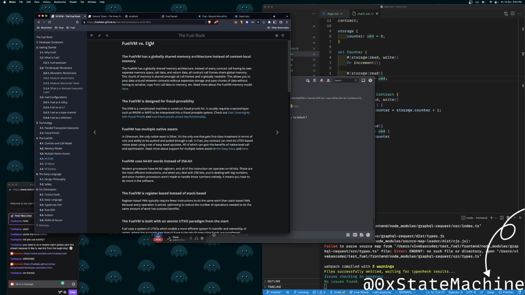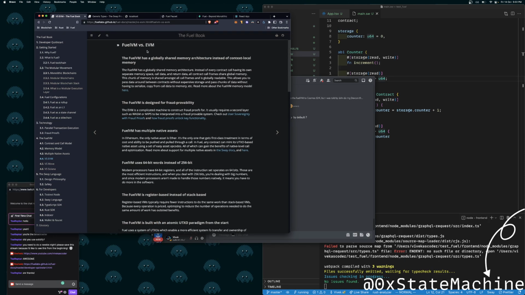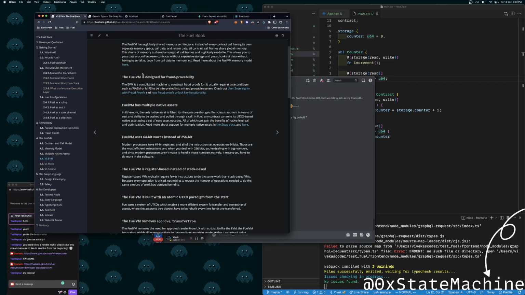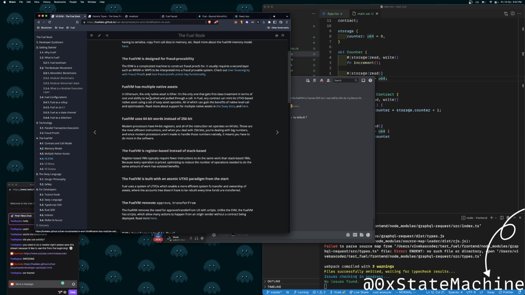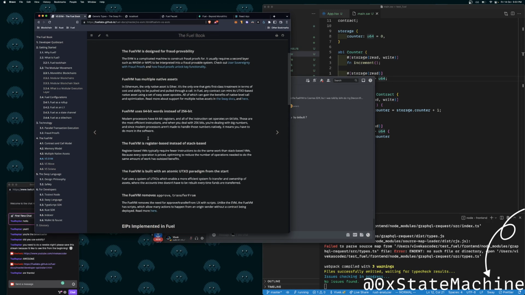One thing is, of course, we are comparing the virtual machine only, not the whole blockchain. They use 64-bit words instead of 256 bits. Interesting. What about having really large numbers?